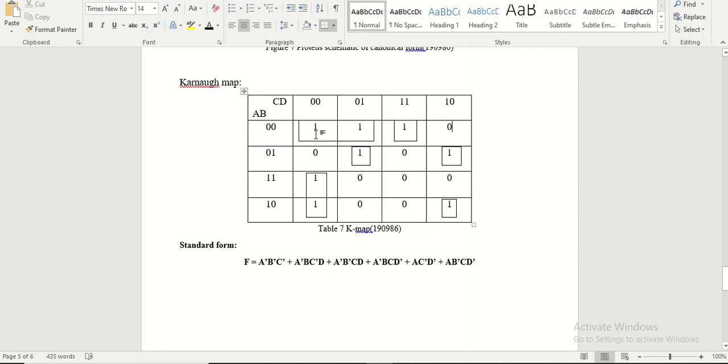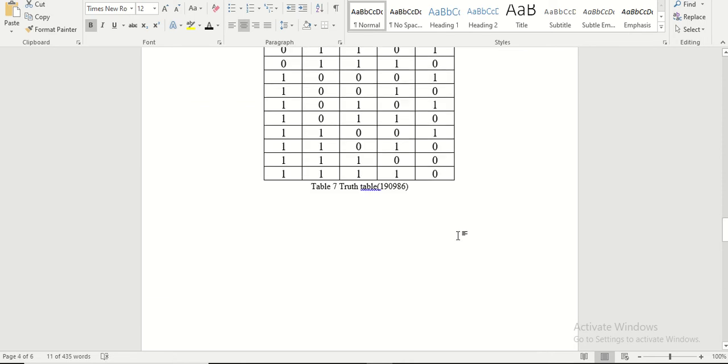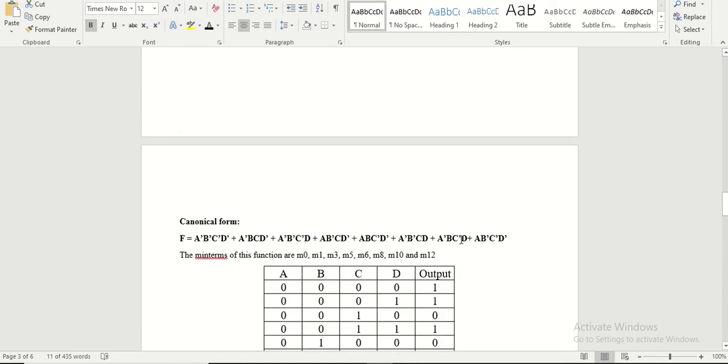So we have written all these equations using these rectangles, and we write in our function, in the form of SOPs, only what is common. Here we have A bar, B bar and C bar common in both these ones, and here we have only one, so this is common in only 0 1 0 1. So this is the equation that we obtained after using the K map, and as you can see this equation has 6 terms, and our previous equation had 8 terms.